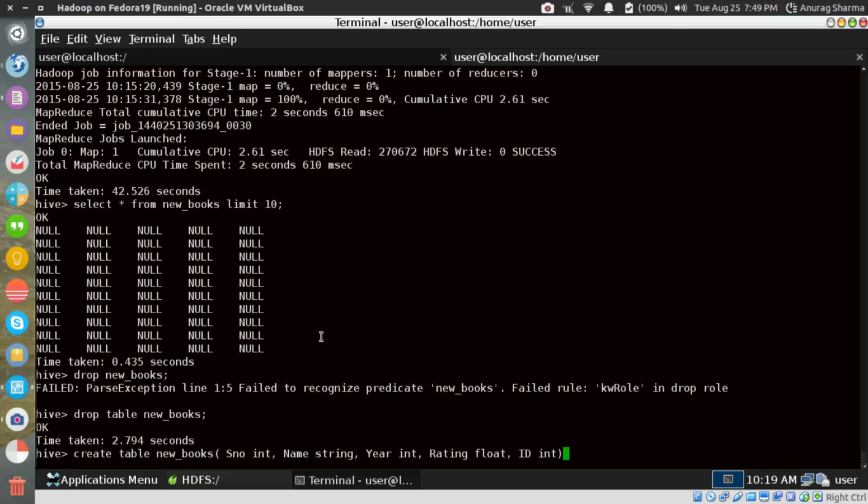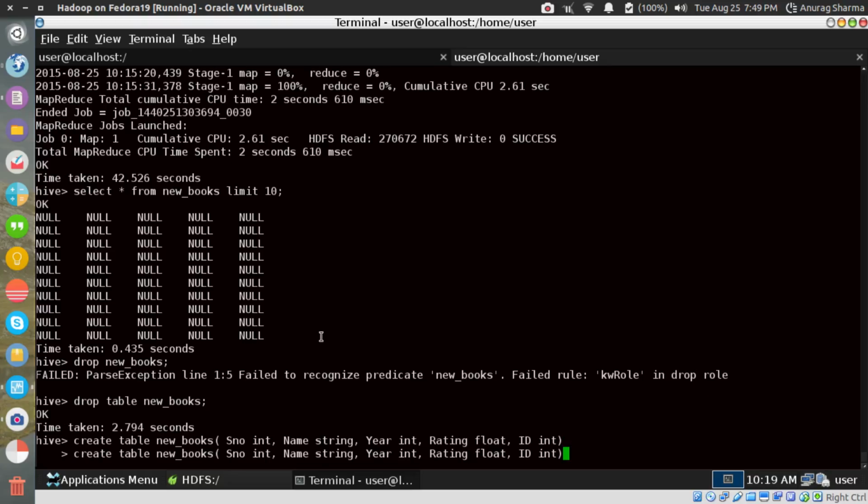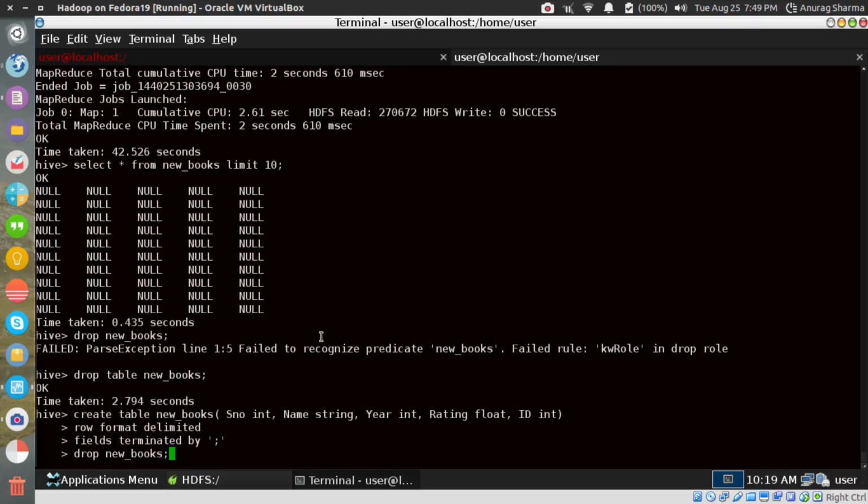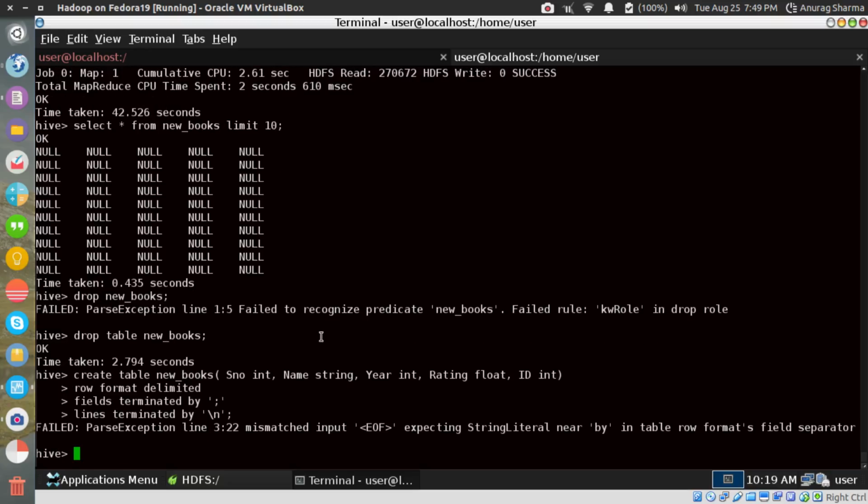In the meanwhile, let me create a table. So create table new books. The only change is having a semicolon there. What is the problem?